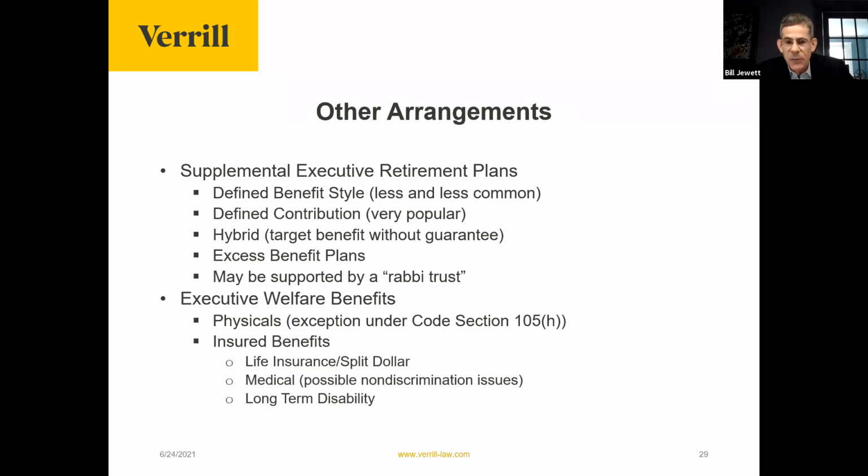Finally, executive long-term disability policies are common because typically a company's long-term disability policy is capped at a relatively low salary, and capped at, for example, 60% of that relatively low salary. You might want to give an executive full salary replacement coverage on disability. You may also want to provide disability benefits if the executive is unable to do the executive's job, rather than having to be unable to do any job at all. So that is the whirlwind tour of various types of executive compensation.